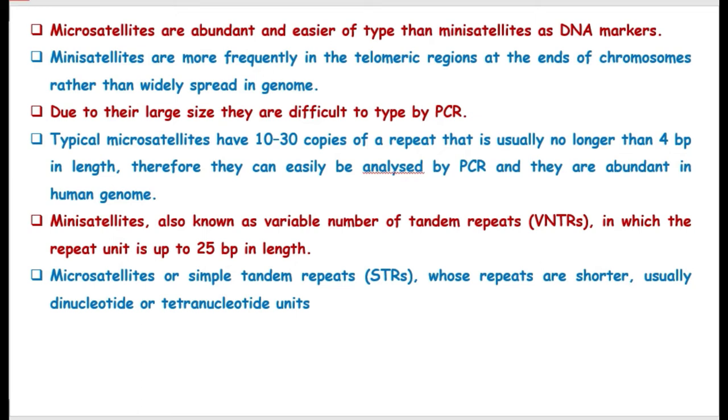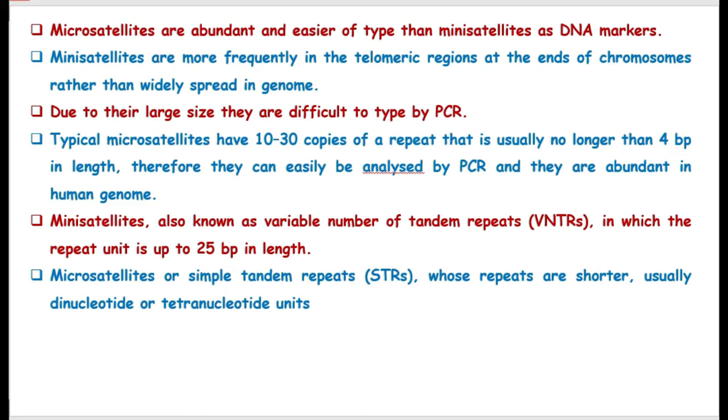Then the second map, because RFLPs are not very abundant, their number is quite less. Initially only 393 RFLPs were used. They were also not very polymorphic, because RFLP has only 2 alleles. Either the restriction site is present or the restriction site is absent. So to create a useful genetic map, a higher density map was needed with markers that were more polymorphic.